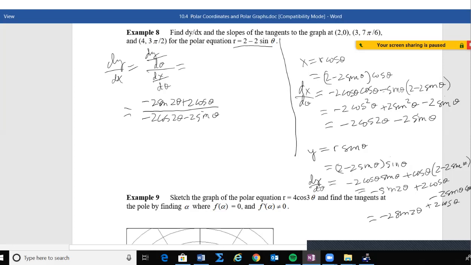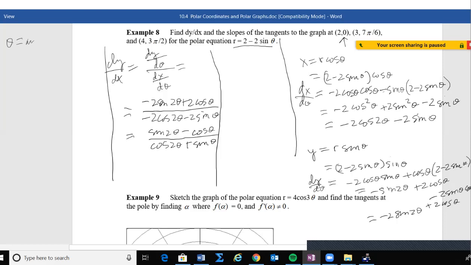Let's get rid of all these 2's and get rid of some of these negatives. This will just be sine of 2 theta minus cosine theta over cosine 2 theta plus sine theta. Okay, so that's nice. Now, slopes of the tangents of the graphs at these points. Okay, 2, 0. I've got everything here in terms of theta, so if I'm going to use x and y, then I need to convert. I need theta, so